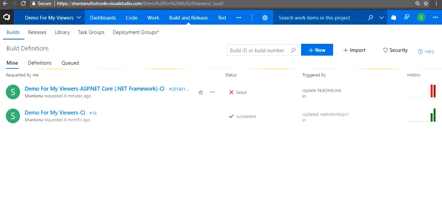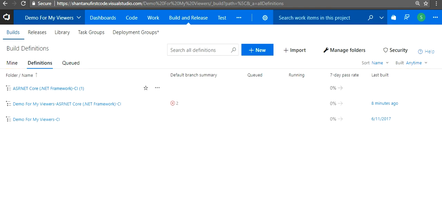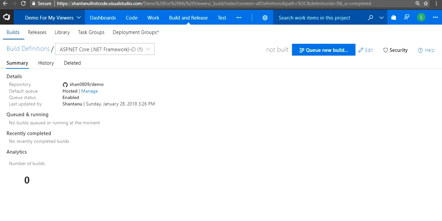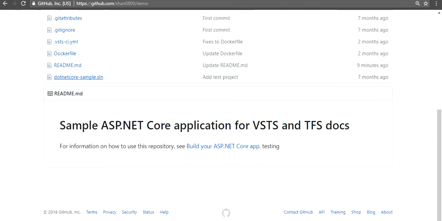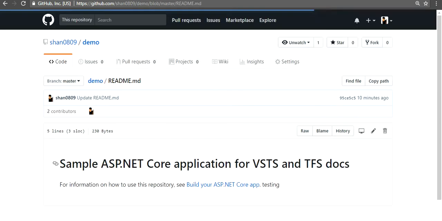So let's hit the build button and see if we have our definition ready. The ASP.NET project is ready. Once we click on that, we would see that we do not have any builds yet. However, once we do a check-in, so let's try to edit the readme file and try to raise a pull request. So if I just click over here,